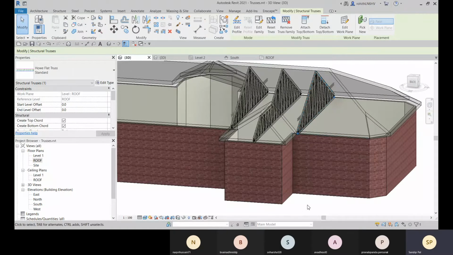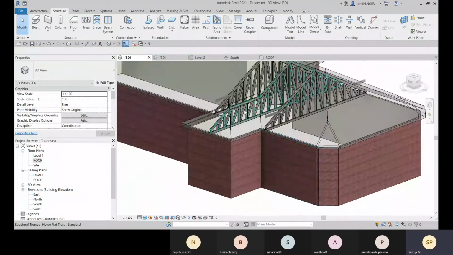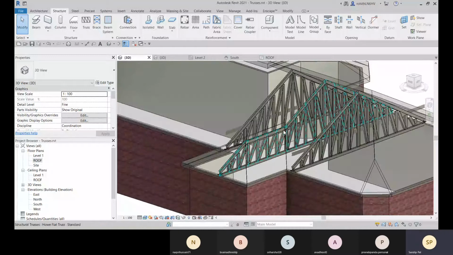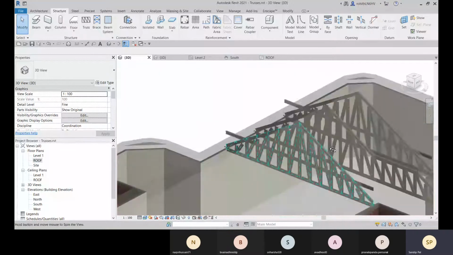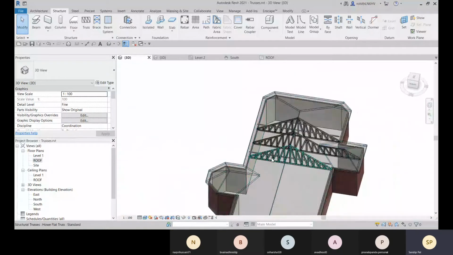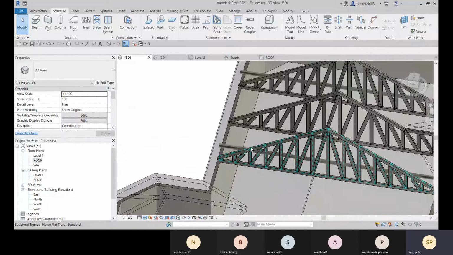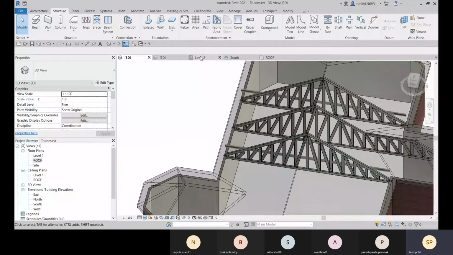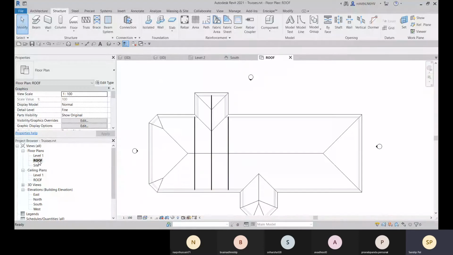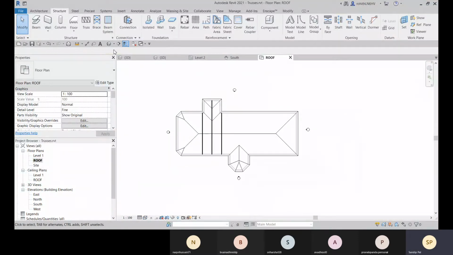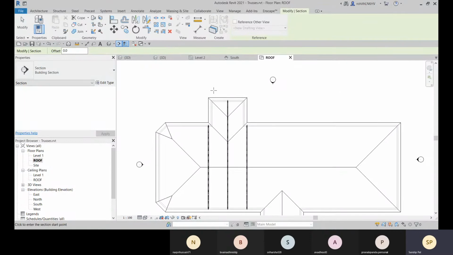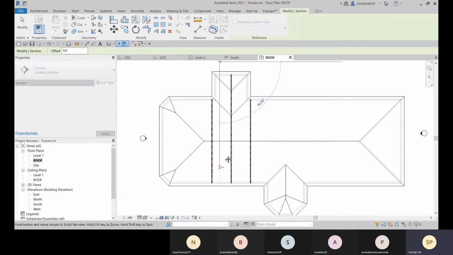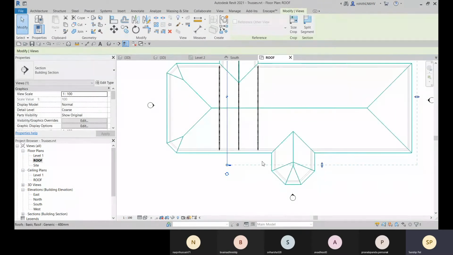Okay. So now, as you can see that we have connected all our trusses to the roof, but we are getting some distortion here, right? So for that, to adjust the profile, to change this, let me go to that roof level, and there let me create a section view. I'll go to the section view. First, I'm creating for any particular one. So let me select it, and